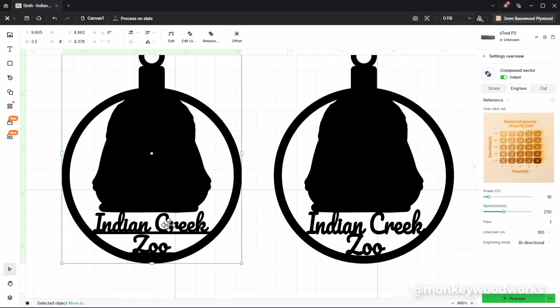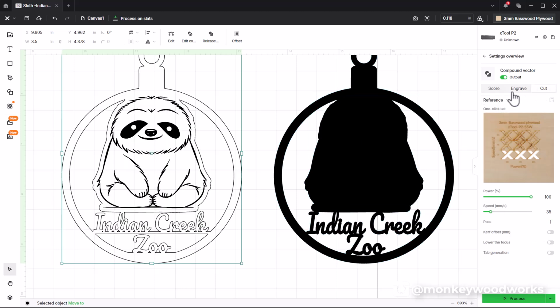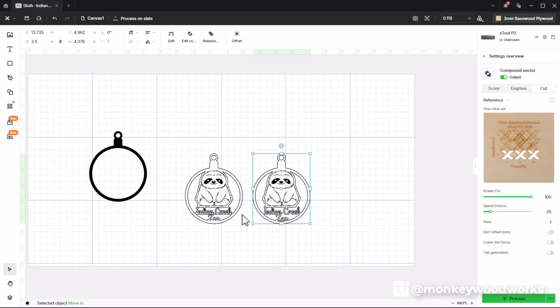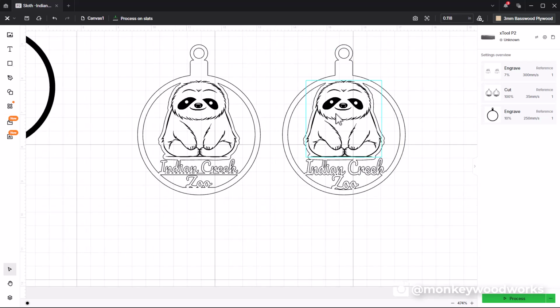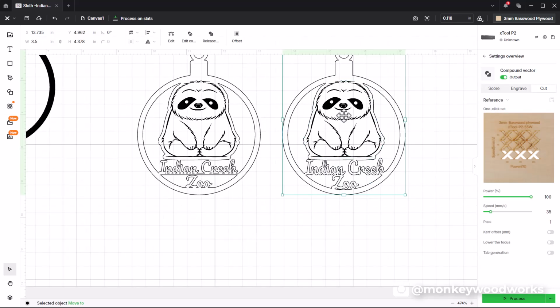Maybe separate the C from the rest of the word and make the C a little bit taller and join it all together. So you really have to play with what would fit your needs. And that's how I would do it. Basically outline or trace this image using the offset tool. Then you're going to release it and then join it so it's a single solid piece, and then join it